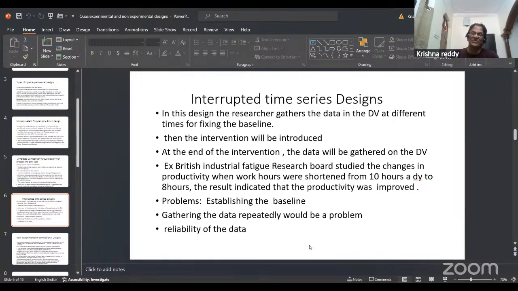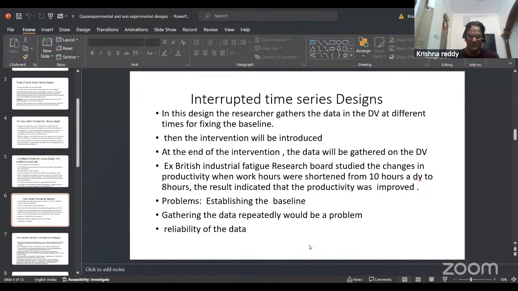That was studied by them for nearly 17 months. After 17 months, the work hours were reduced to 8 hours and hourly productivity data were gathered for each month for the next few months. So after studying the productivity for 17 months, they reduced the work hours from 10 to 8. Then they studied the productivity for each hour